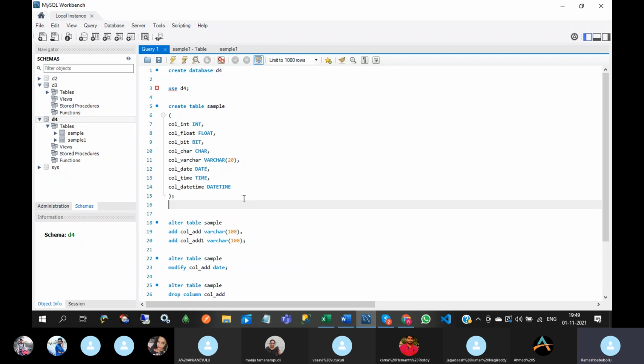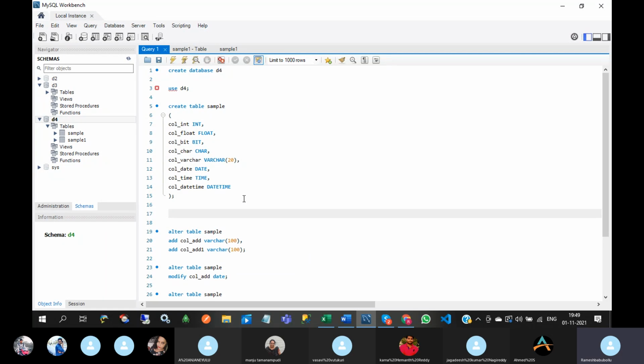So how to create the table with the same structure as sample? Create table if not exist sample2. That means if the sample2 table does not exist, then only this command will be executed.